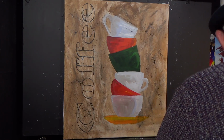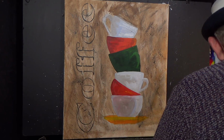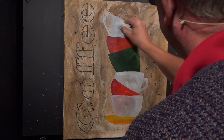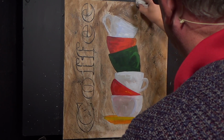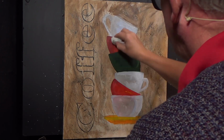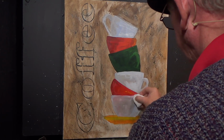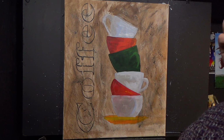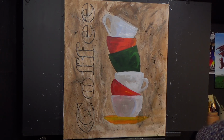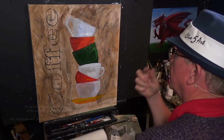I don't want to overdo it because you can overkill sometimes, and that's not good. Damped a bit of tissue paper again. I'm just going to get my tissue paper in there like that, just to wipe a bit of these spots off. Yes, quite like that. I don't know whether I should put I want to make this side slightly darker, but for now what I'm going to do is I'm going to concentrate